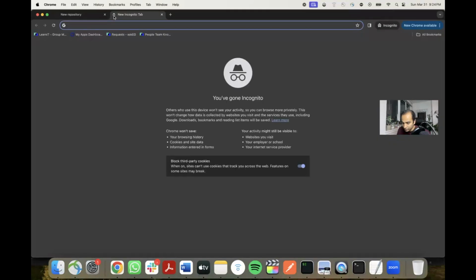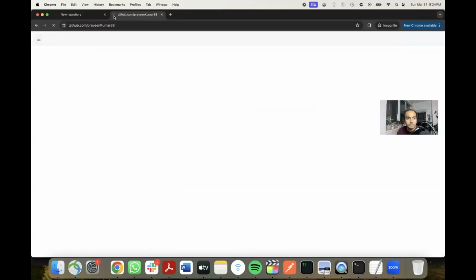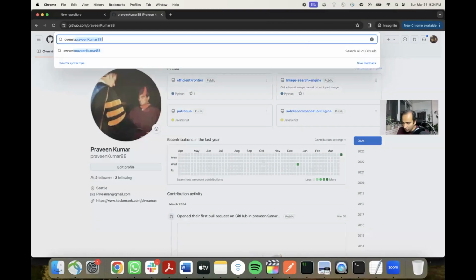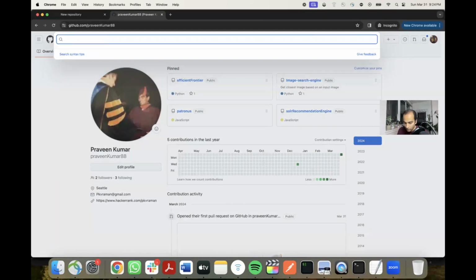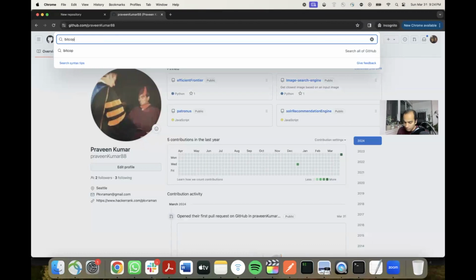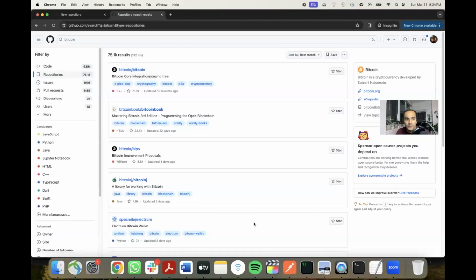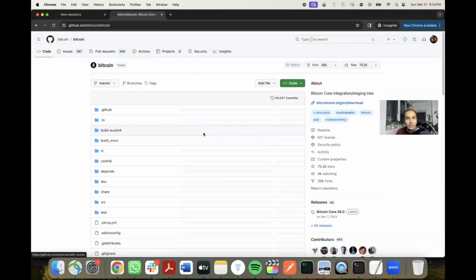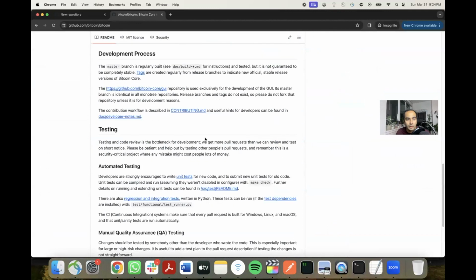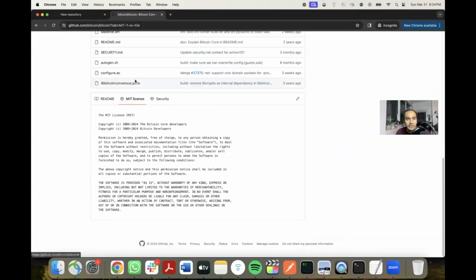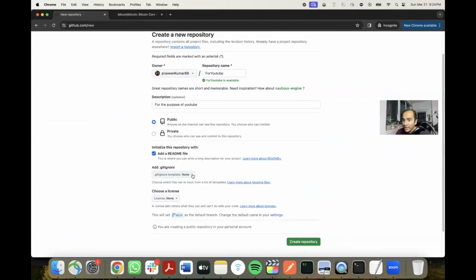So if you go to github.com and search for Bitcoin, Bitcoin is configured under MIT license. So MIT grants permission to this repository to use some of its software. And if you are just starting out, I don't think you have any of that, so you can leave that